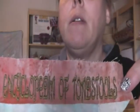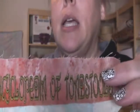you may recall I have new software for my embroidery machine, which I had saved up for a long time to get, and then I got it and realized I didn't know how to use it. So I'm learning one step at a time, and one thing that I needed to learn was how to make letters. See where that says Encyclopedia of Toadstools, and then this one says Flesh-Eating Trees of the World, and then this of course is Holidays with Hacks by Professor Lockhart,